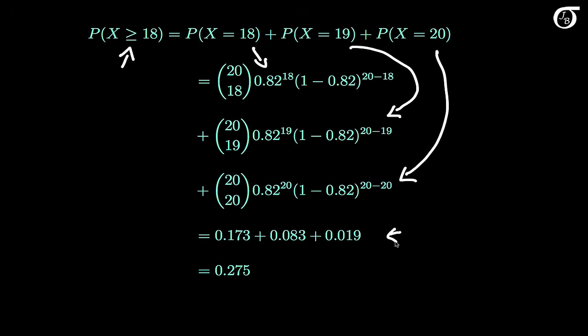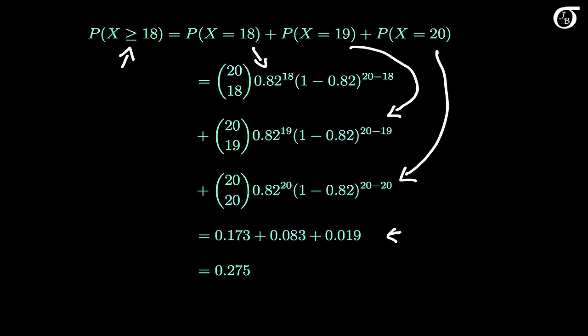I'm rounding to 3 decimal places here, but you should carry many decimal places throughout your calculations. If we add those up, we get our final answer of 0.275, which again is the correct answer rounded to 3 decimal places. The probability that at least 18 of the 20 men survive for at least another year is